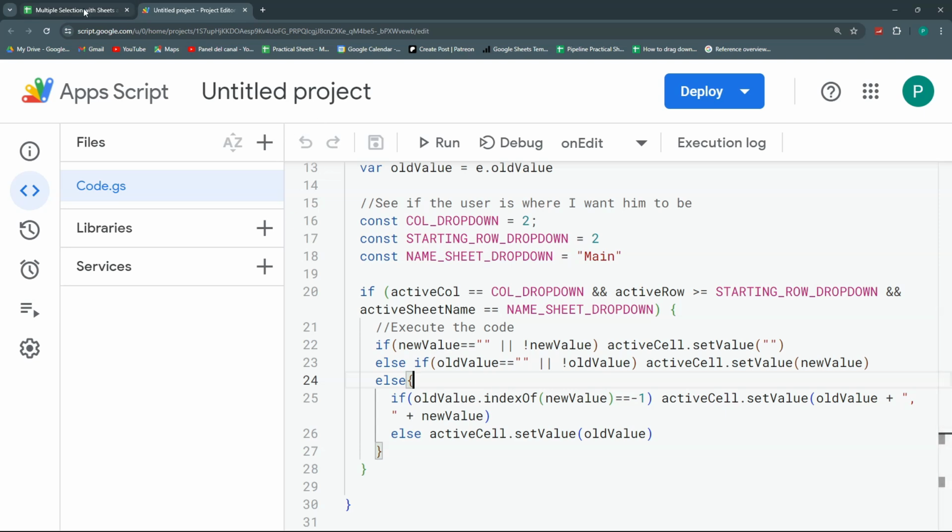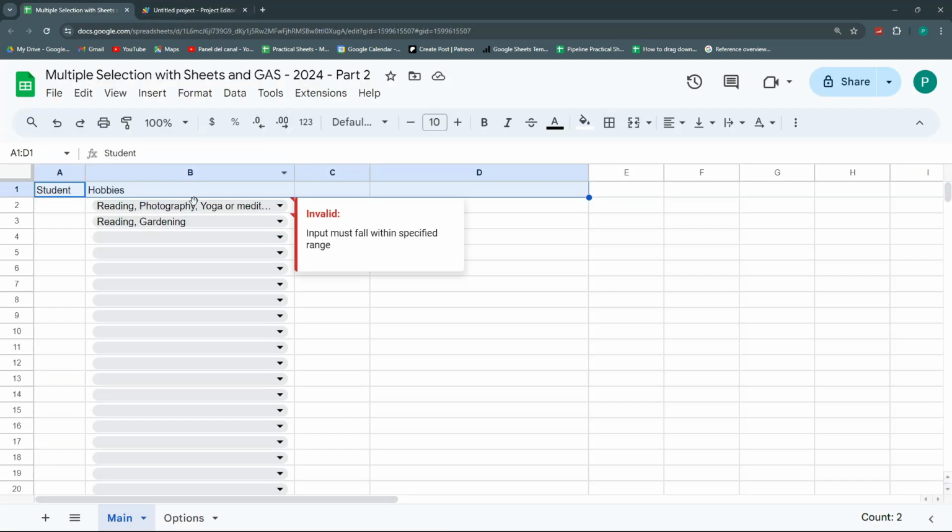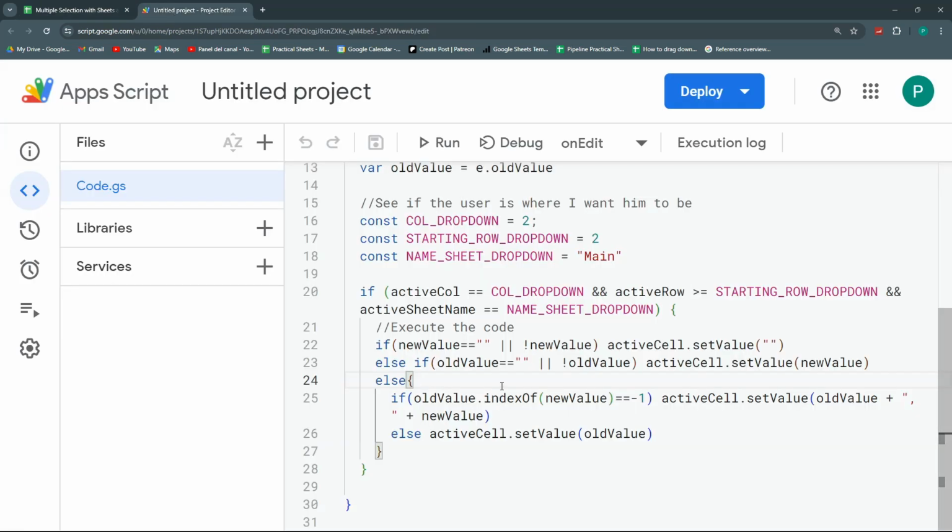It's going to see some additional conditions. It's going to see if there is some value before, if the value is empty. For example, if the new value is empty, so if I delete it, then I will keep this as a blank cell. Another condition is that if the old value was empty, then I will put the new value without any problem. But if the old value was something, then